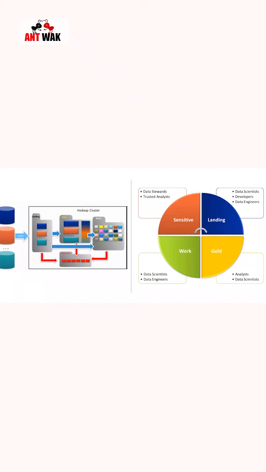So what we have seen earlier in the data lake development, we will be adding just one part of it. That is, we have to segregate the users as a best practice to successfully develop a data lake. So here we have seen that the users have been segregated into four categories: that is the sensitive, landing, work, and gold zones. We will be going through each of them in the following manner.